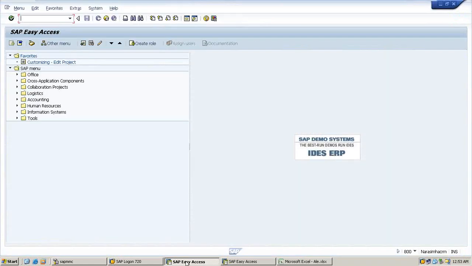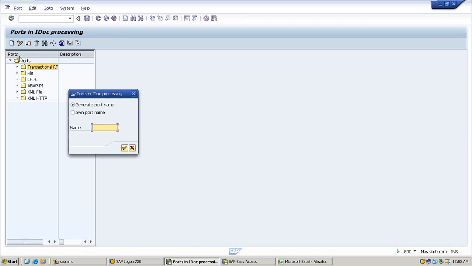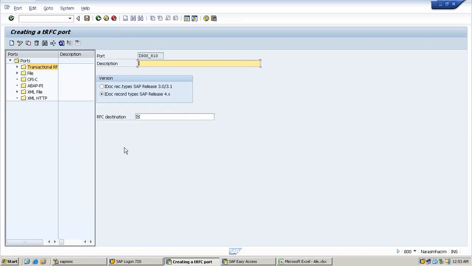So we go to WE21, click on transaction RFC and click on create. Click on port name and put a name as Z800 to 810. So we are sending it from 800 to 810. Okay. Now description is